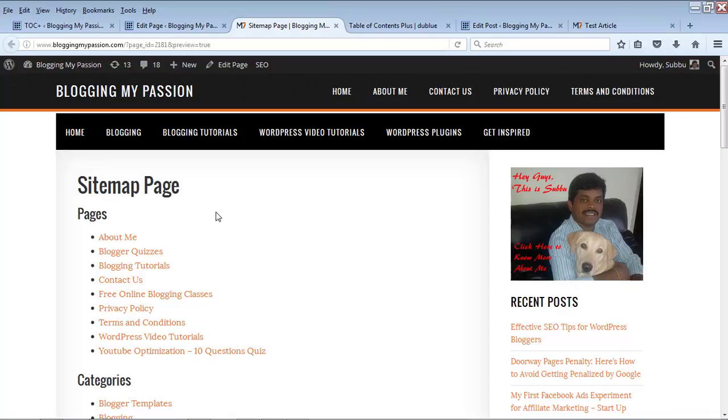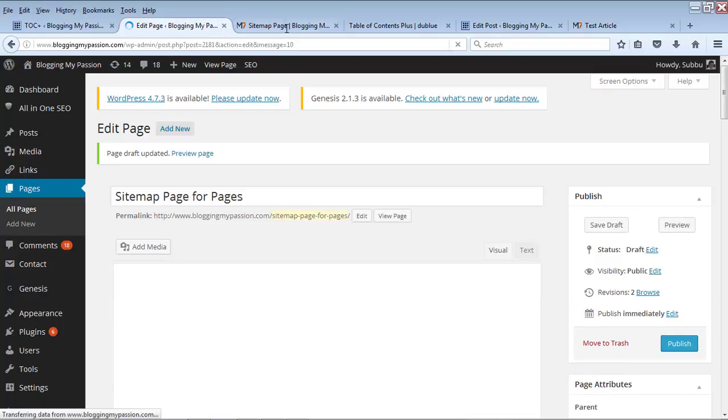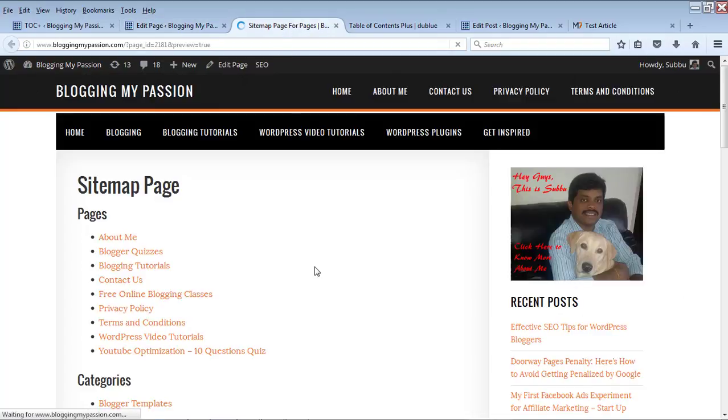Okay, now you may not want to create just one sitemap page including pages and categories, but you want to create a sitemap page for pages separately and a sitemap page for categories separately. In those cases, let's say sitemap page, I'm saying that for pages. So the short code that you have to use is sitemap_pages. So save this one. Let's go to this saved page and refresh this, and you see that it will show only the pages